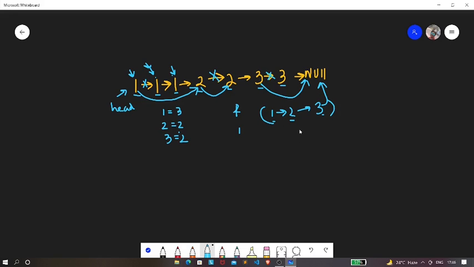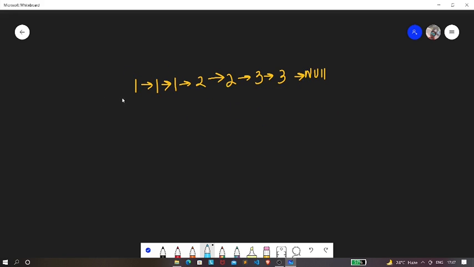So now let's see the algorithm for this problem. Now we know that this is the head of the linked list, right? This guy over here is the head of the linked list, right? So at first we're gonna have a temporary pointer. Let's consider PTR, right? Now this PTR will be pointing to this head, right? As you can see over here, PTR will point to this head.